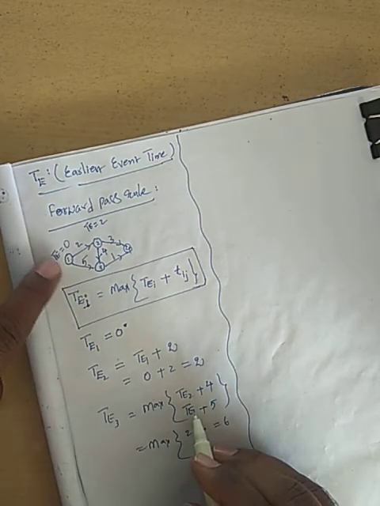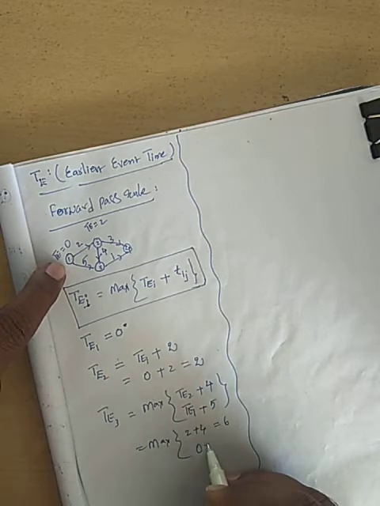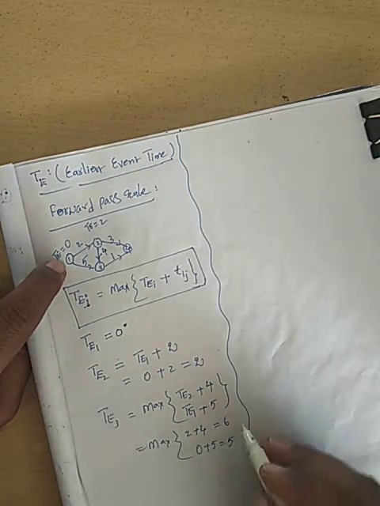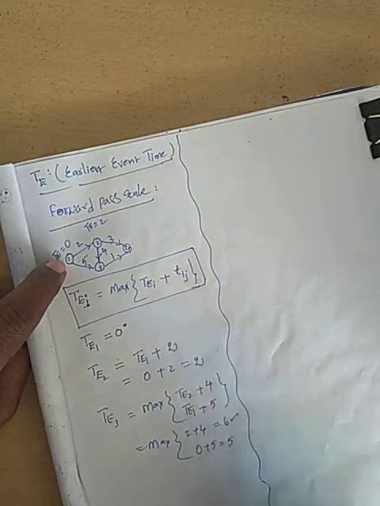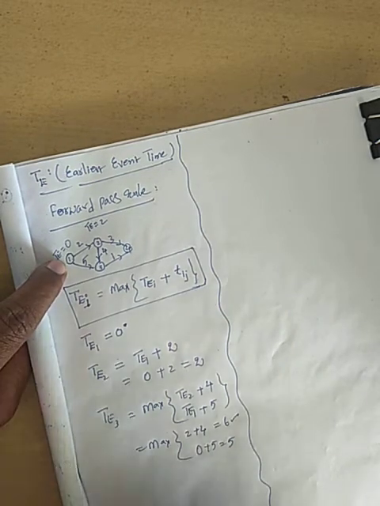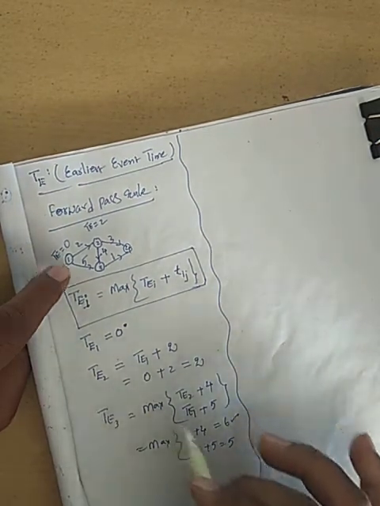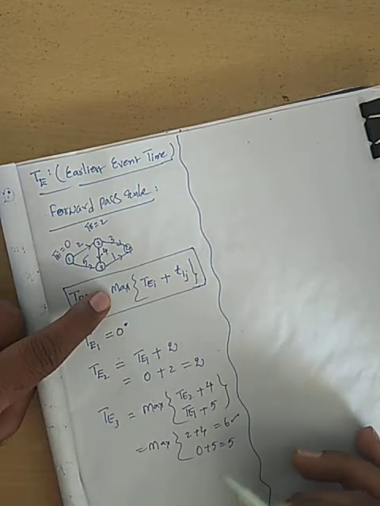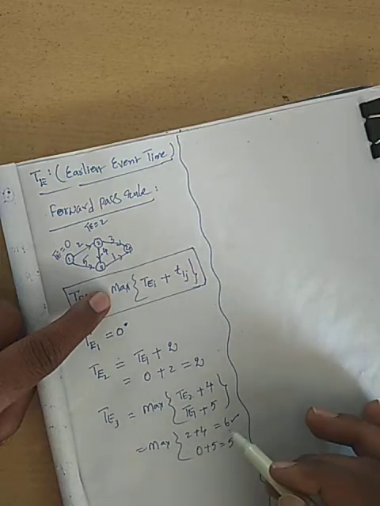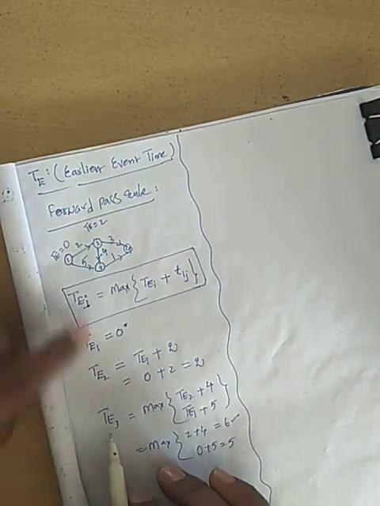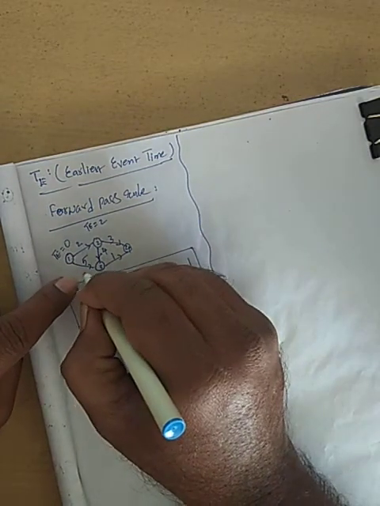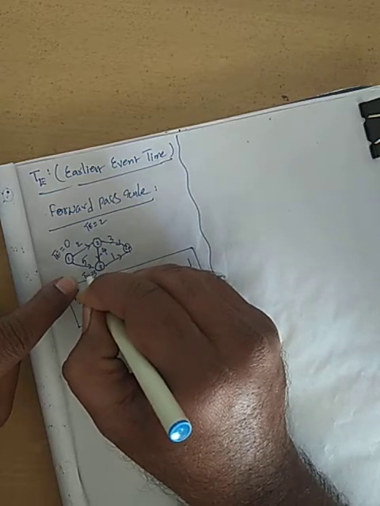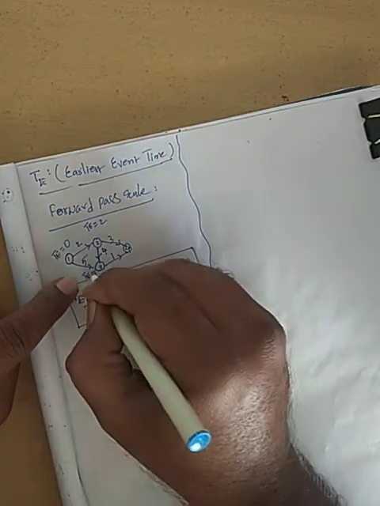Now in the same way, what is TE1? Just now we got 0. 0 plus 5, only 5. Now in these two, which is the maximum? This one. Putting a tick mark because that is the wanted answer. That is the purpose of writing max. Whenever many roots are there, from all those roots only the maximum value you consider. Now what does it become? TE3. Simply I am writing TE here, so TE3 is equal to 6. Okay, that's it.